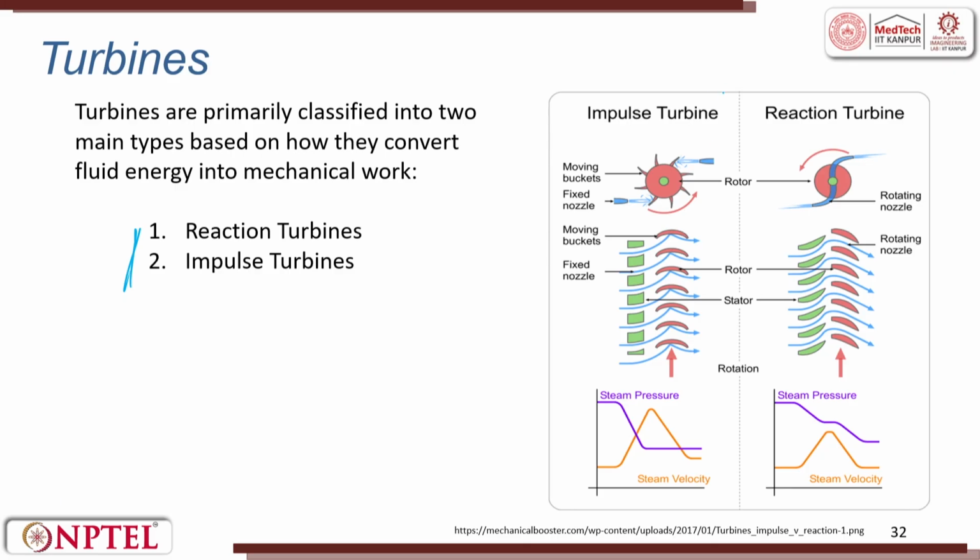One is called the reaction type turbine, the other one is called the impulse turbine. When you look at the impulse turbine, there is an impeller which rotates and there are blades. The liquid hits the blade, or the bucket. Here I am calling it a blade, but in reality it is a bucket, because a blade is a flat one, while a bucket is something three-dimensional. So, the moment the jet of water hits, the blade starts rotating. The nozzles are in a fixed position.